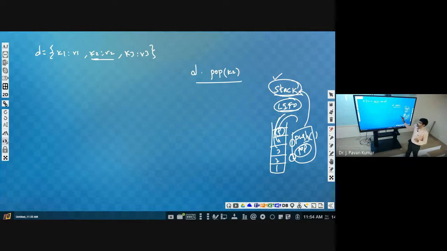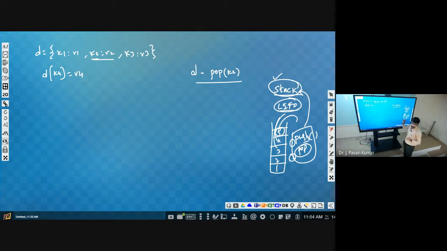Now coming to the dictionary, here we are using pop, but we are specifying K2. In general, let us consider a dictionary with K1, K2, K3. These are the 3 pairs we are having. Now we want a fourth one as well, that is D of K4 is equal to V4. Now how many are there? 4 key value pairs. Now we want to perform pop operation of K2. That means the second one we want to delete.